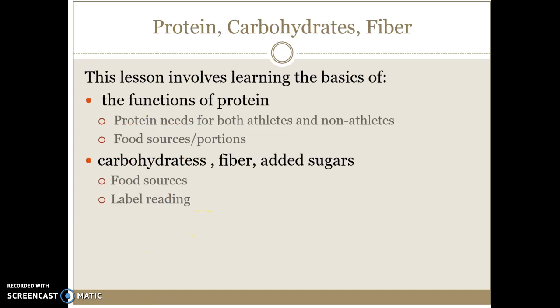This lesson is looking at both protein and carbs. These are the two macronutrients that do provide calories. So we talked about fat. That provides 9 calories per gram. Now protein and carbs both provide 4 calories per gram. They're important, as many of you noted in your why you eat what you eat, is that protein is very important, especially for athletes or if you're working out. It's also important for older people as they are losing lean body mass. It's good to increase protein.